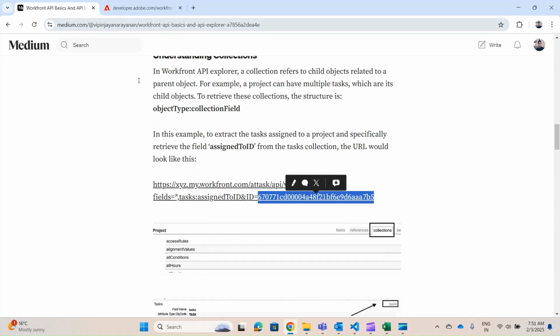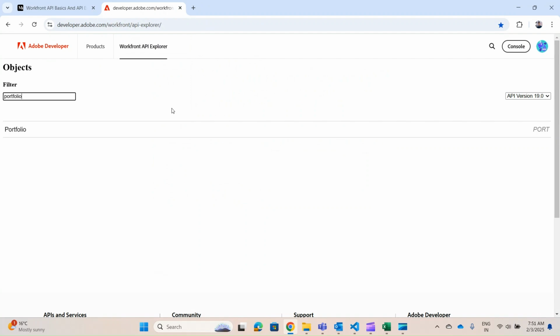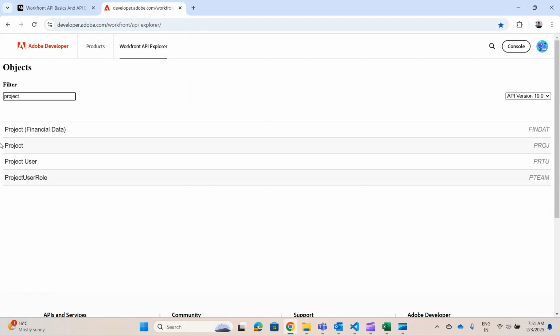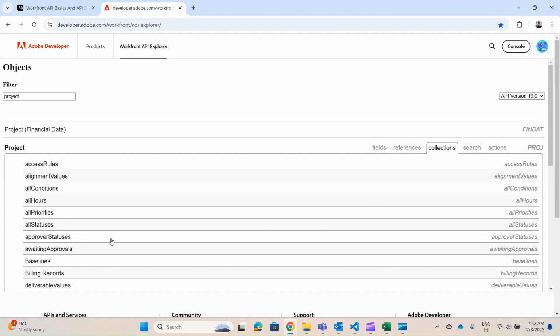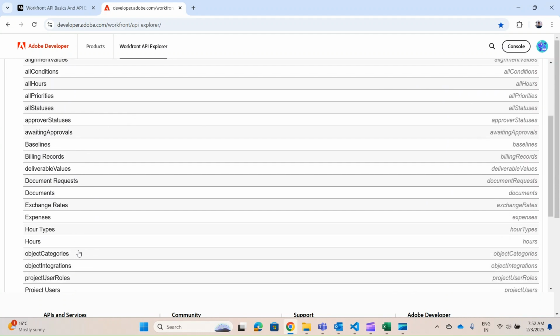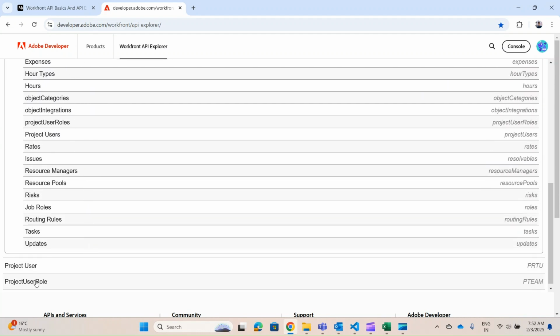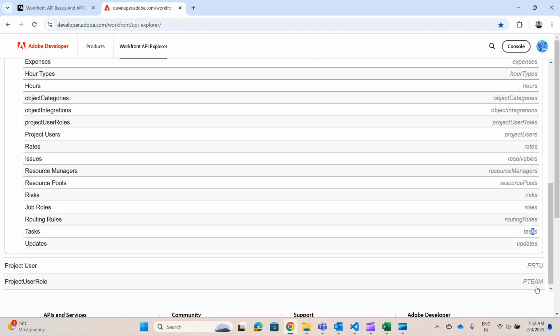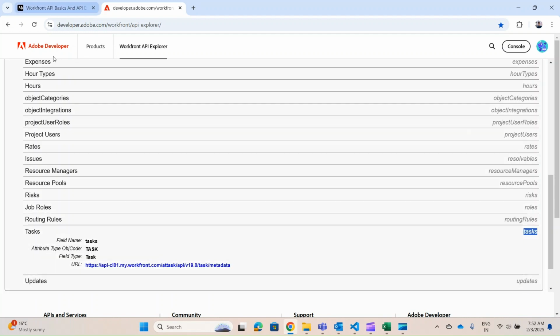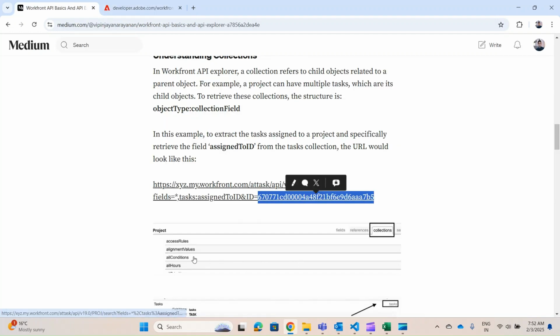Now if you go to the API Explorer, let's go to project object. So this is the project object, right? Now there is something called collections, right? This is where you'll get all the child objects, right? And basically I'm interested in task, right? So just go to task. Task, here it is. Now here, this is the format of task, right? TASKS, right? This is the format of task. That's what I've written here, right? Task